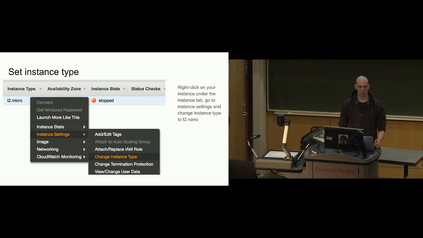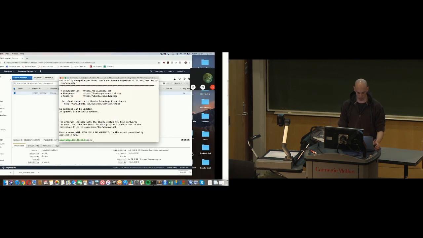Since you have to pay more money for a P2X large than for a T2 micro, you can create a T2 micro and put all the data that you'll need on it and develop your code. And then once it's time to start actually training, you can change the instance type to a P2X large, and then you don't spend as much money, and you'll still have all of the data on your instance while you're training. So while an instance is stopped,